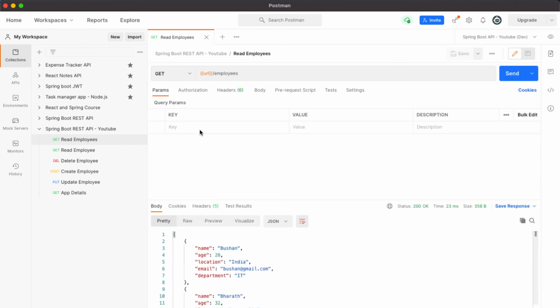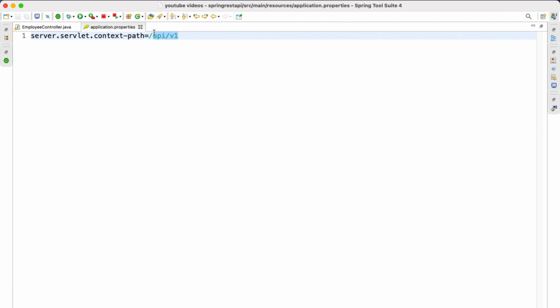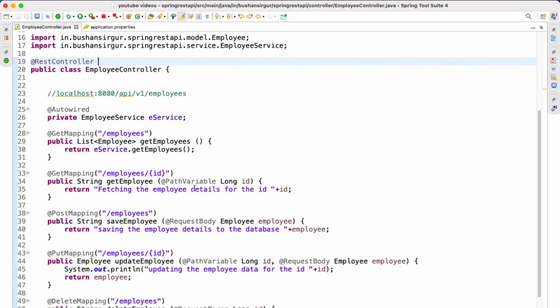Okay, which means now if I go ahead and add one more controller, a customer controller or a student controller, that controller also contains the URI /API/v1, which means any REST endpoint we create is prepended with /API/v1. Alright, so now we have seen how we can change the base URI inside the application.properties, and also we have removed the unwanted code in our application.